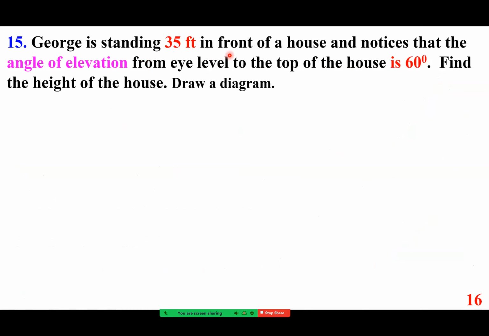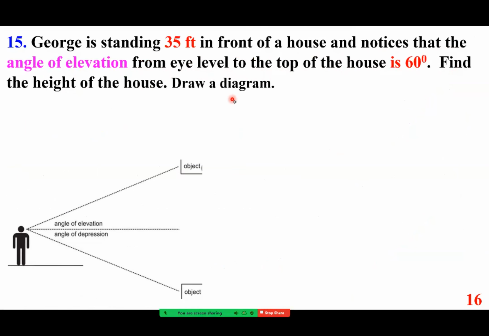George is standing 35 feet in front of a house and notices that the angle of elevation from eye level to the top of the house is 60 degrees. Find the height of the house and draw a diagram. Okay. So remember, it's a horizontal line. This is the angle of elevation if you look up, angle of depression